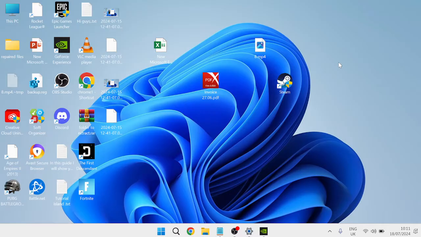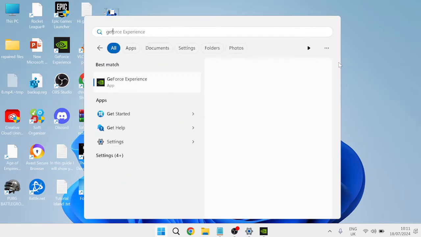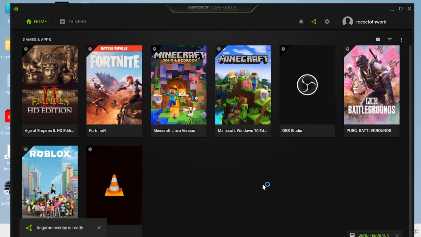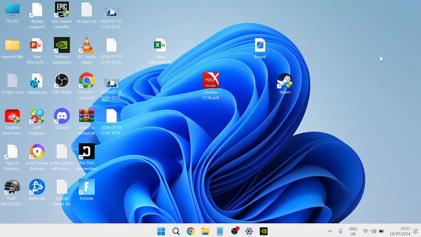So we just need to head over to our start menu, search for GeForce, and then right click on the GeForce Experience and make sure to select Run as Administrator. Now if that fixes your issue, then fantastic. If not, then what you need to do is head out of this application